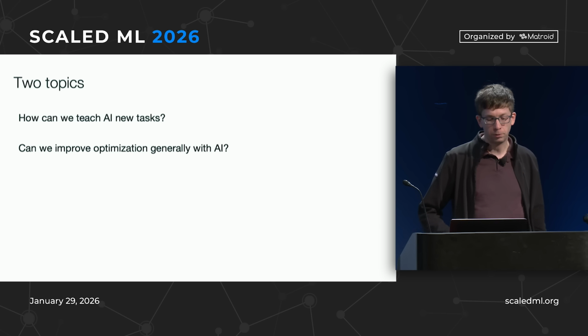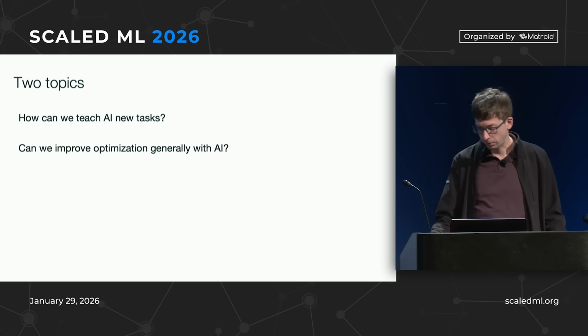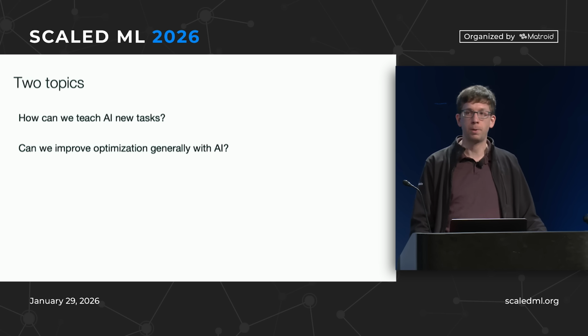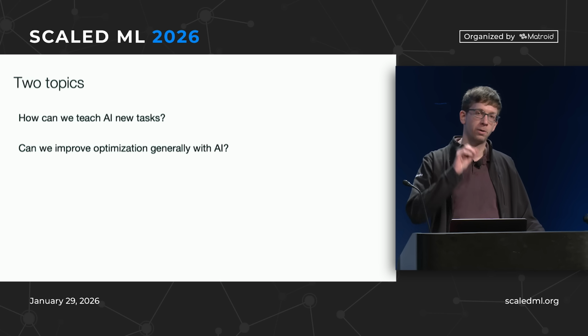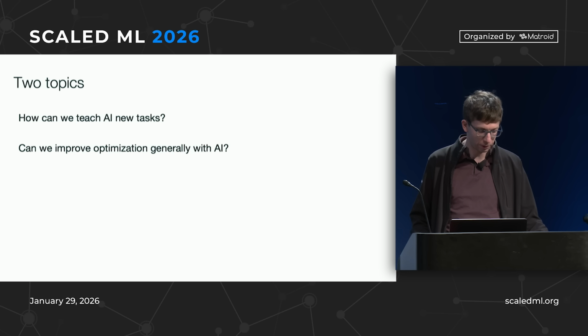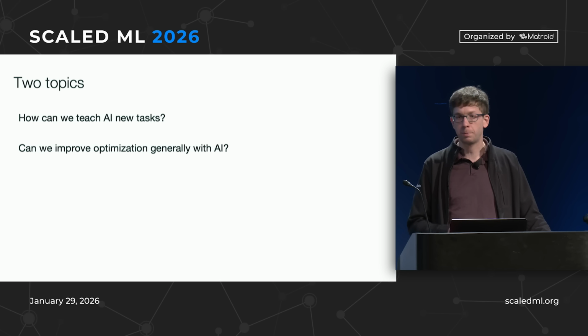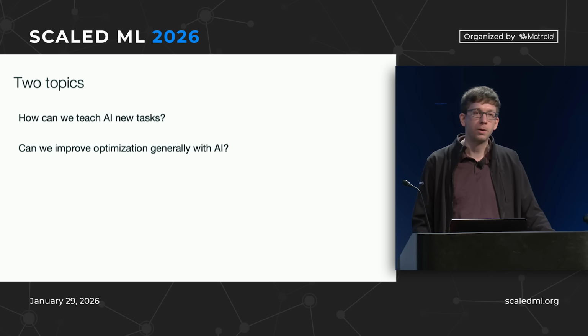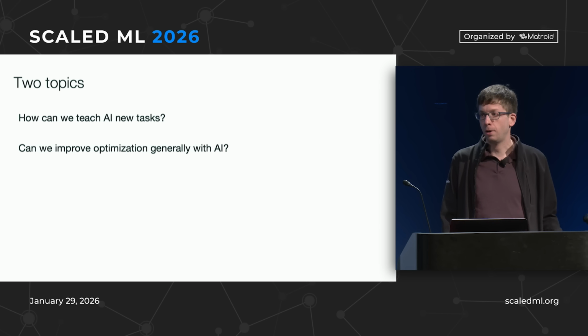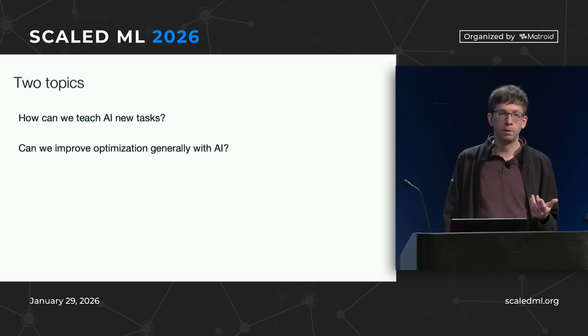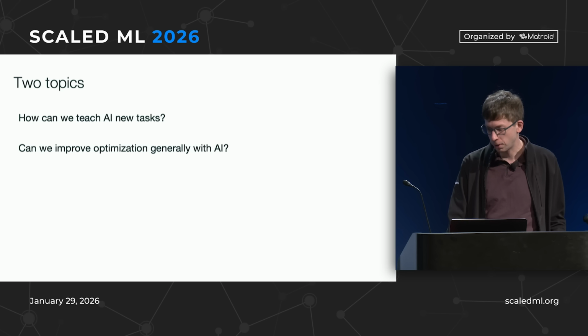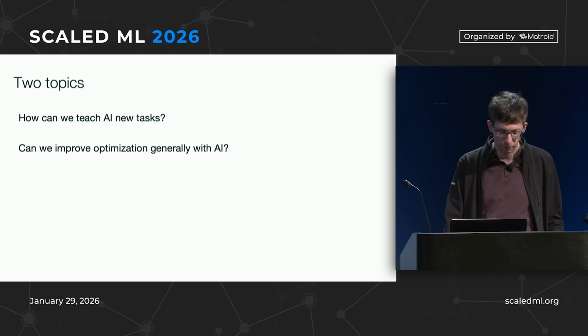And I'll talk about two things. First, I'll talk about teaching AI, which, as I said, is an optimization problem. So how do LLMs change that as a target and also as a tool to optimize better? And that was kind of how our group started in this space. But then we thought, hey, there's nothing special about optimizing an LLM-based agent here. Maybe we can apply the same techniques to other stuff. So that's the thing I'm more excited about, which is improving optimization generally and using it to solve more problems.